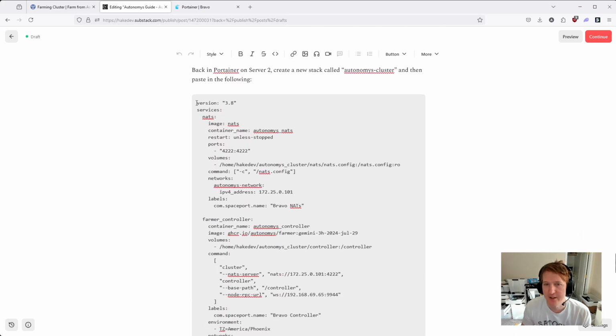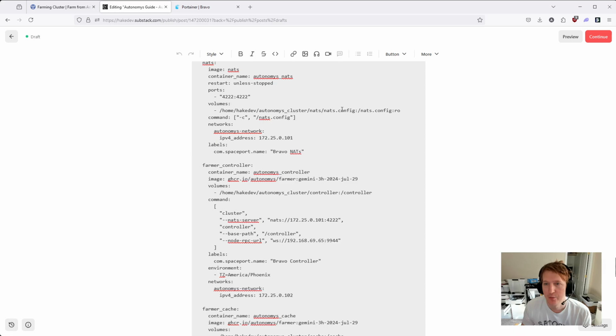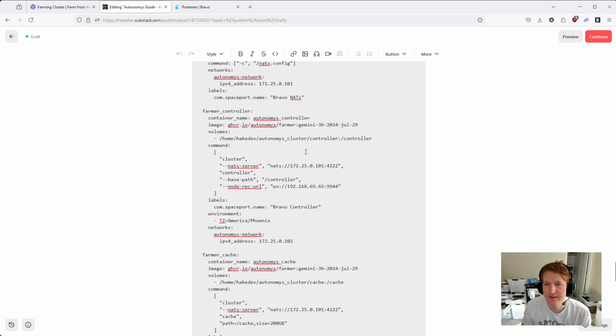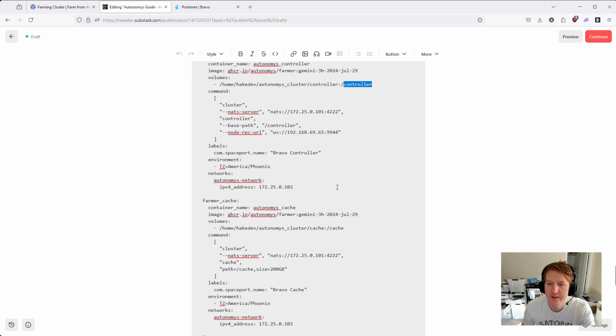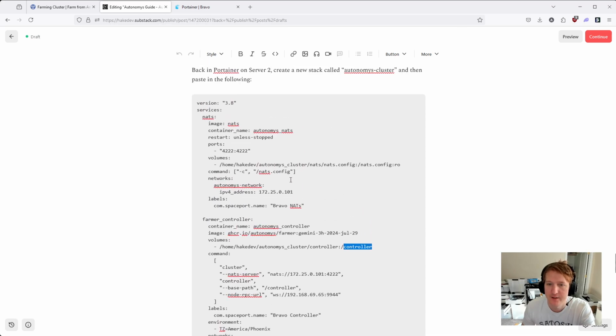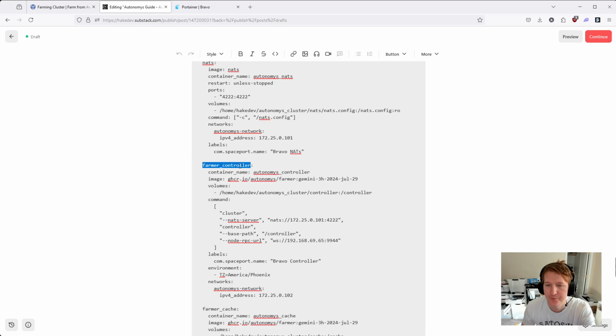So back down here, this is the stack file that I just showed you. And this should have everything that you need in here. We're pointing to our nats config for nats. For the controller, we're pointing to our controller folder that we created earlier. And here's where it gets a little different. So nats, we're assigning it an IP address of 172.250.101. For the controller, you have to specify nats. So we're just using the same IP address as listed up here with port 4222,